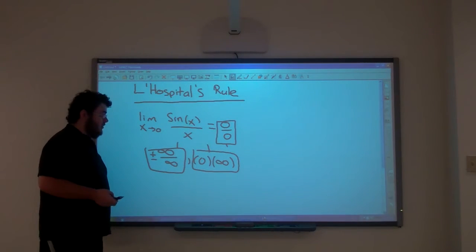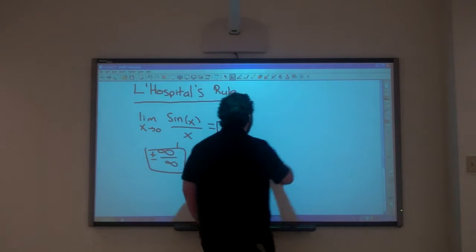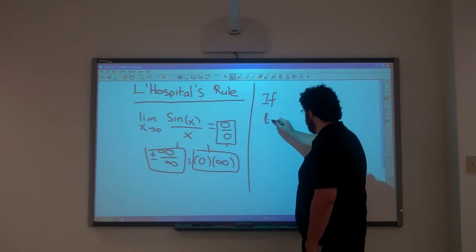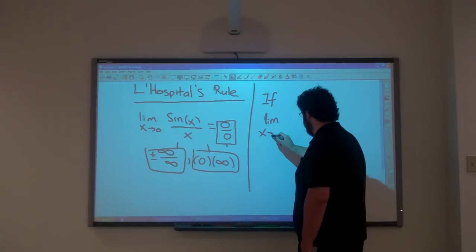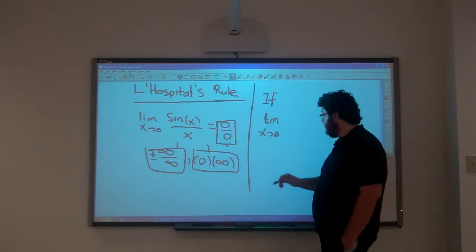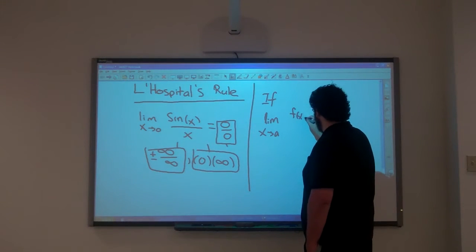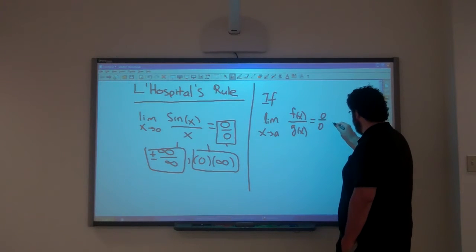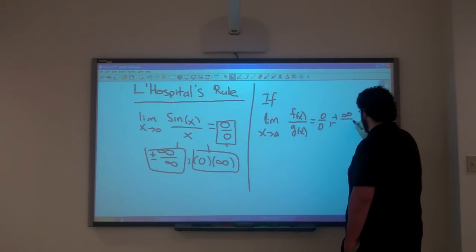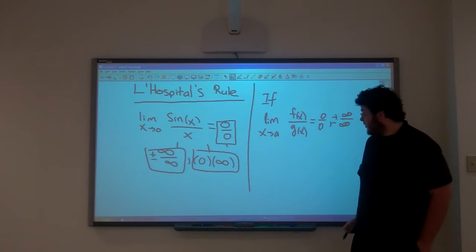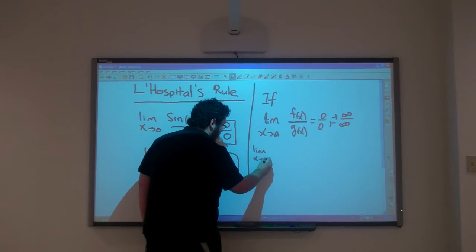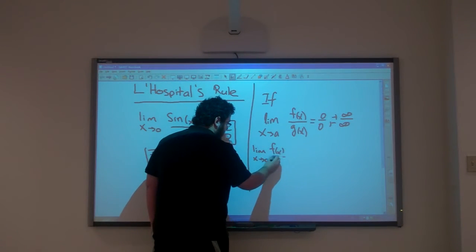So there's a very special rule called L'Hopital's rule that says if the limit as x approaches some number, this could very well be infinity too, of f of x over g of x equals either 0 over 0 or plus minus infinity over infinity, then we could do something really cool. What we can say is that the limit as x goes to a of f of x over g of x